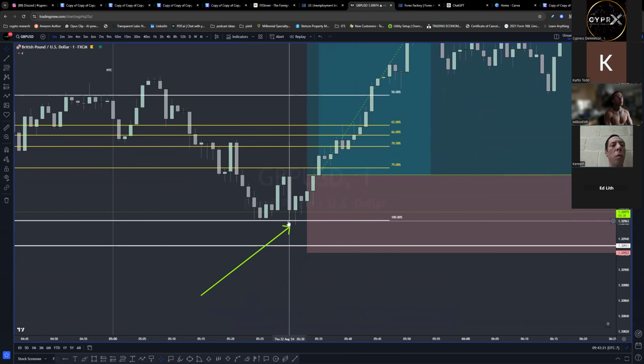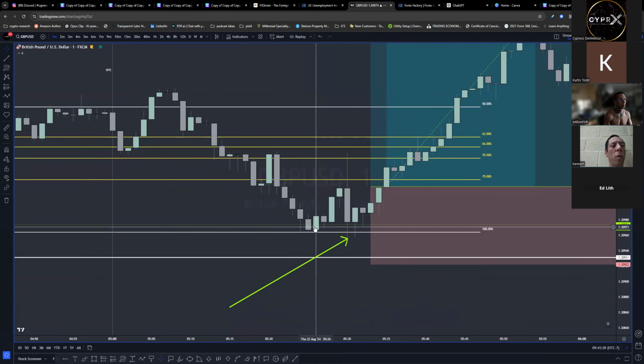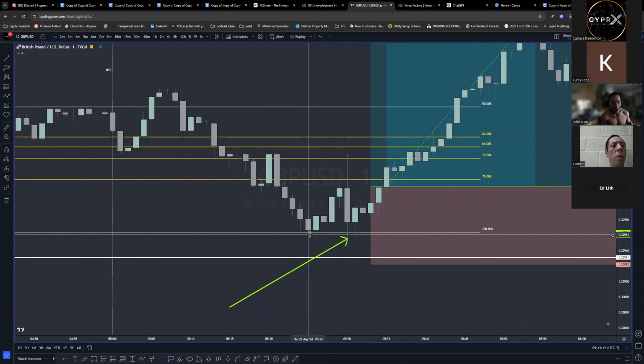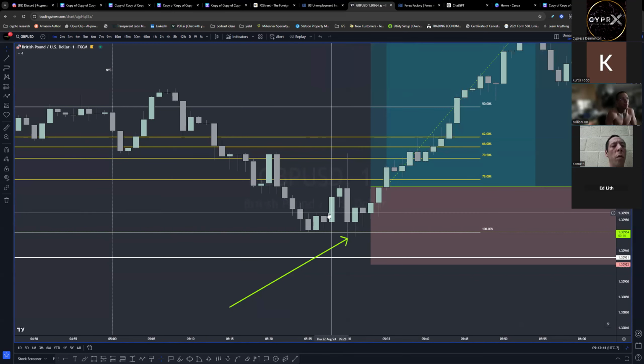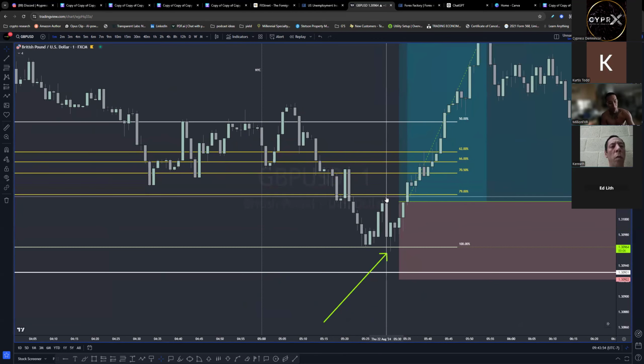You can see that here's the candlestick where the news came out. And remember, just like what I said to you guys, what do the market makers usually like to do? Here you can see them price in the higher unemployment claims. They liquidate people that sold early above these highs, and they liquidate people that bought early beneath these lows. I saw that, internalizing the data. And remember, I just mentioned to you guys to trade a couple minutes after the news. All I simply did was place buy stops above this bearish candlestick,